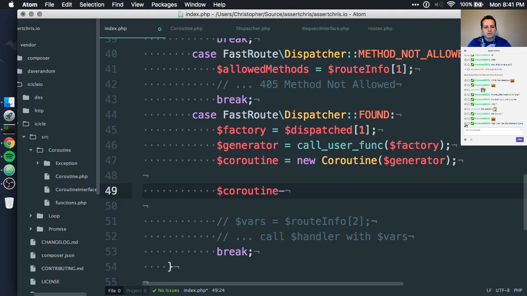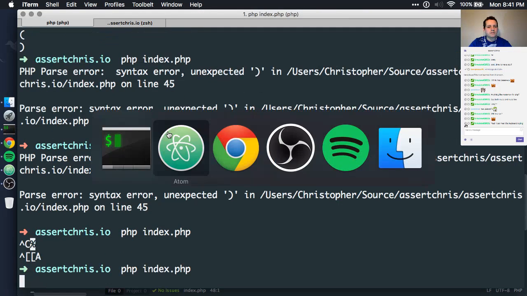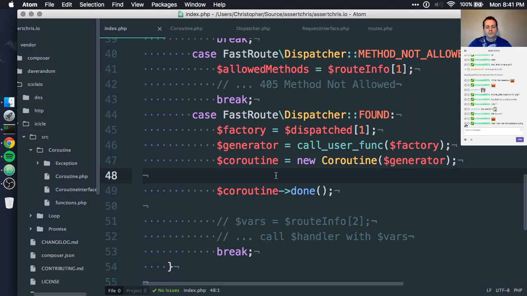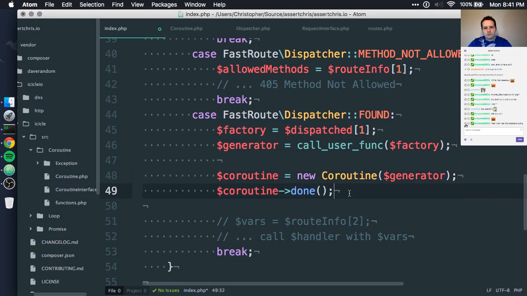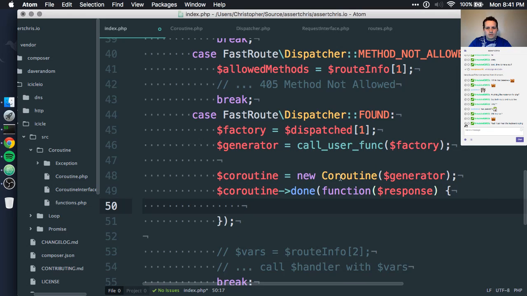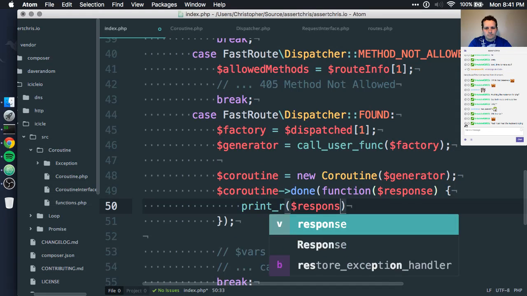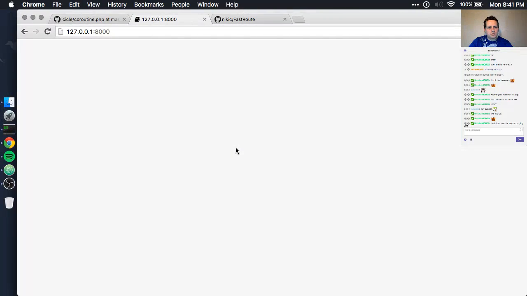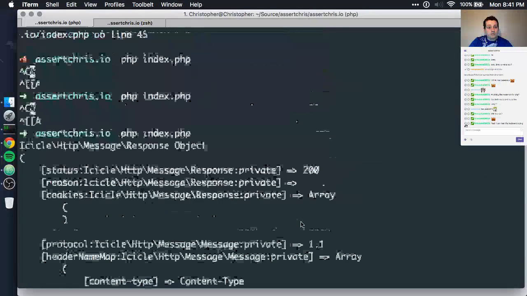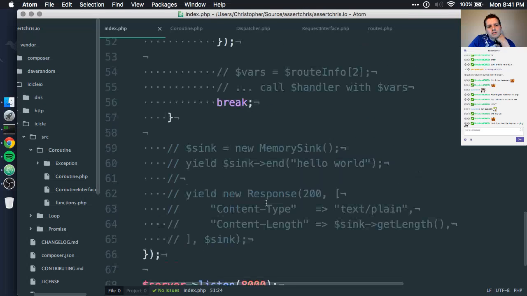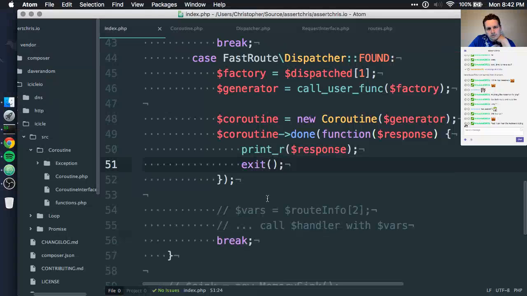Coroutine done? I have a theory about this. No, my theory is wrong. Let's see. Maybe it gets this returned. That is the response. That is the response. The trouble is that the